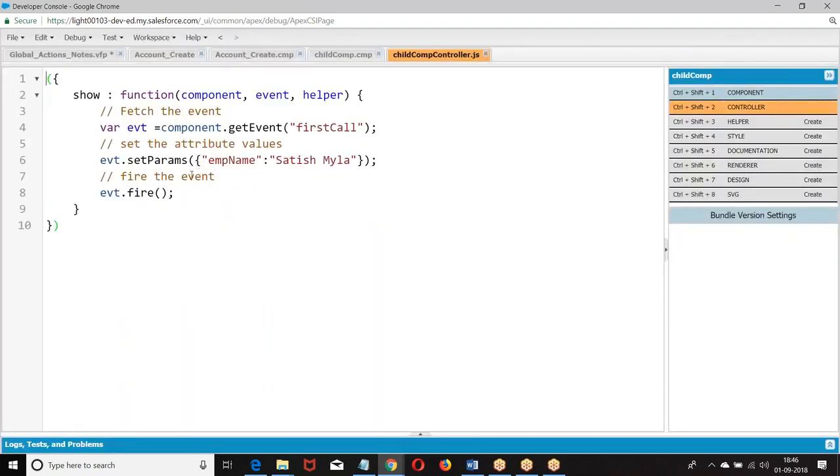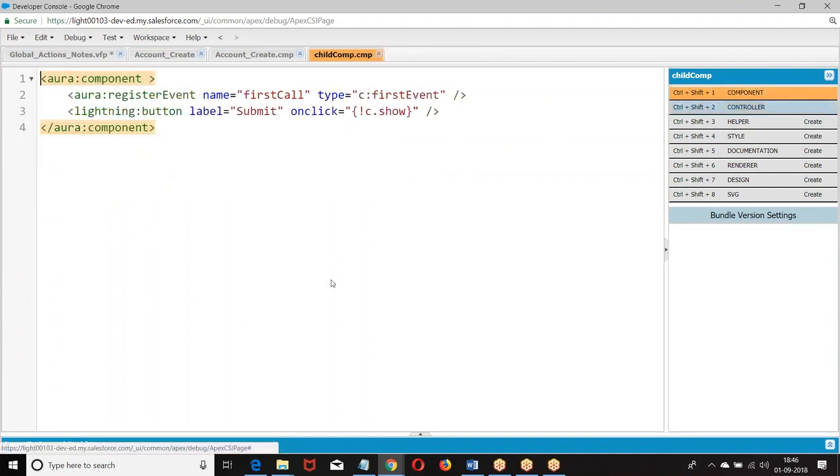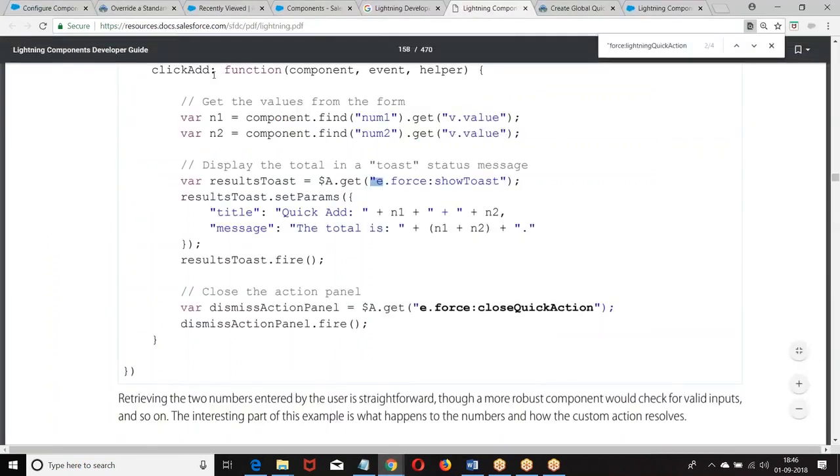Like a key value pair. We are passing like a key value pair. The same story here also for toast. How do we want to pass? Toast message dot set params, key value, key value.